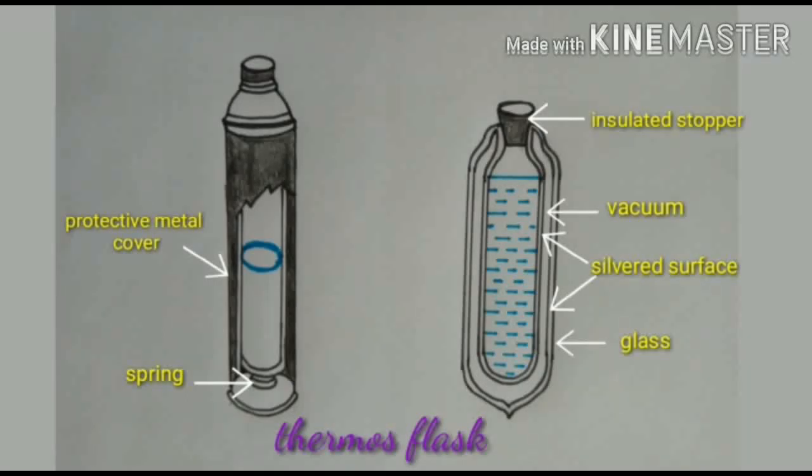The flask is made up of a double-walled glass vessel. Double-walled means two layers. In between these two layers, there should be vacuum. That is, no air should be present in between these two layers. As it is a double-walled glass vessel, the glass being a poor conductor of heat, it reduces the transfer of heat from inside the flask as well as outside of it. We know that heat could be transferred through radiation. Then how is the heat transfer reduced here?